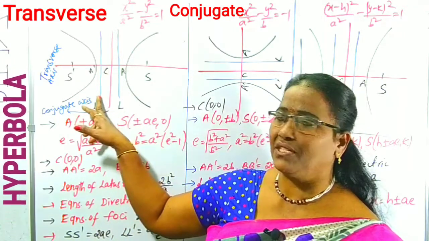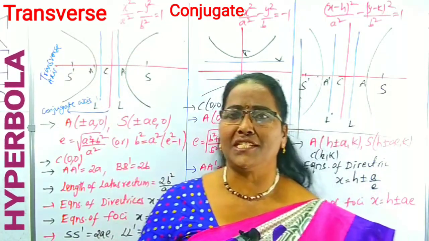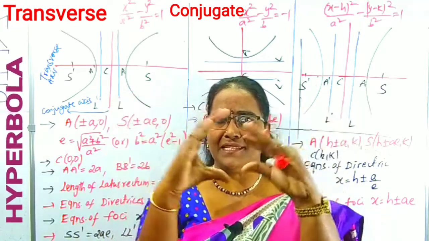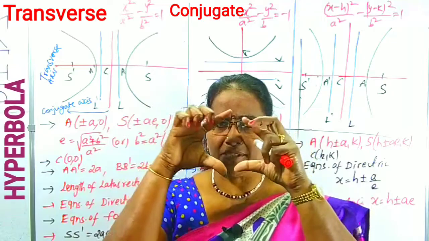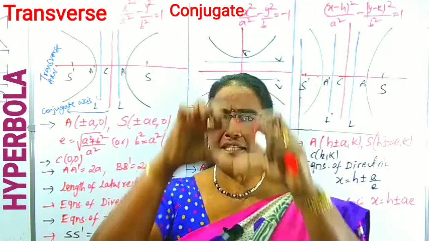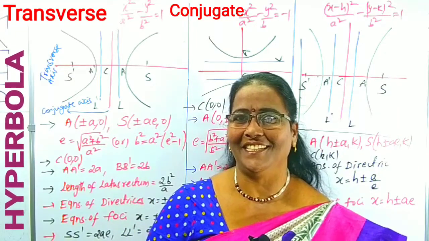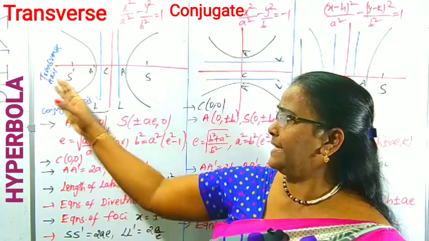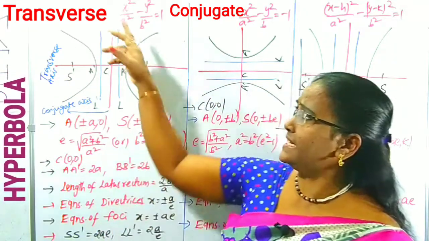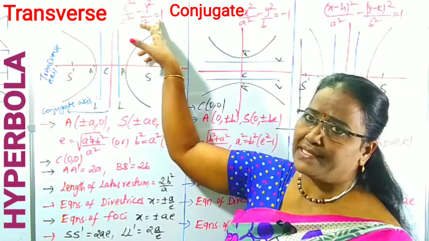We can observe these curves, just like parabolas, separated like backside. If the parabolas are somehow joined, that forms an ellipse, but the hyperbola is in reverse order. We can simply concentrate on the figure. In the case of the hyperbola, there is a standard form: x square by a square minus y square by b square equals 1.